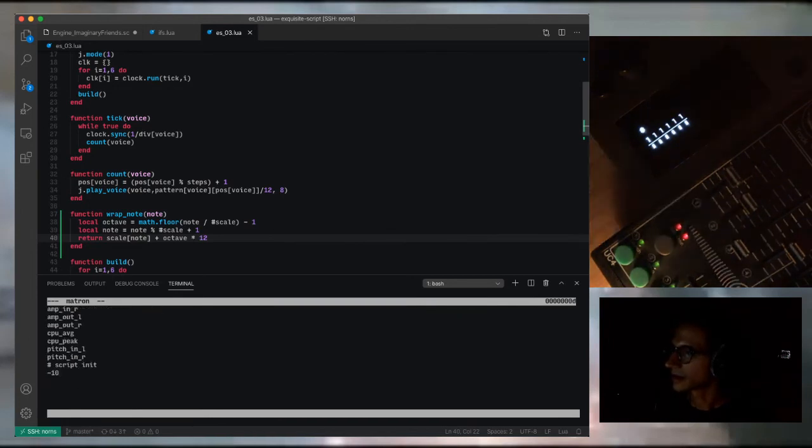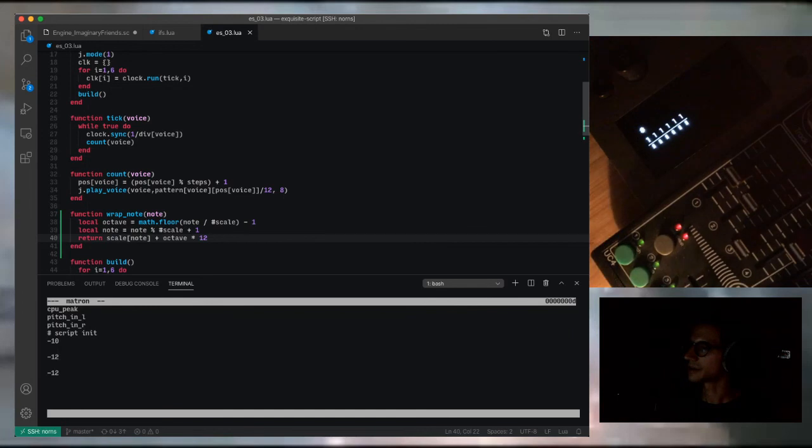Rep note 1, what am I going to get? That's entirely not what I would expect. Or is it? No, that is what I would expect. So far, so good. In fact, do I want 0 to be negative 12? I think I'd rather have 1 be negative 12. Let's keep going up through the scale. 2, 3. Moment of truth. Is this going to go down to negative 2 or up somewhere? No. Okay, perfect. So all I need to do